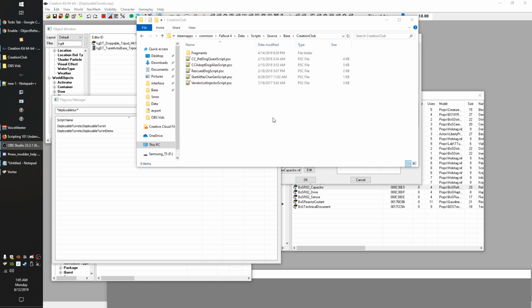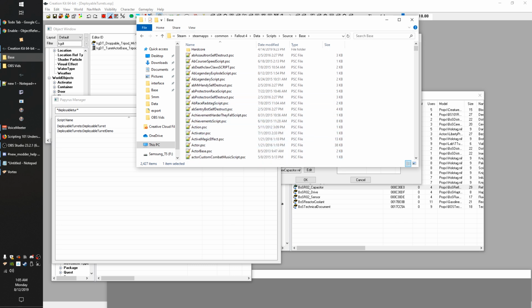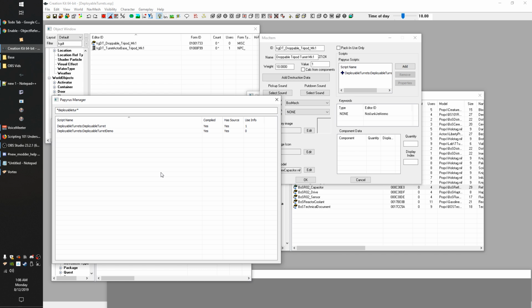So we'll cover that in another video, but I just wanted to clarify why I have Creation Club here, because some of you are going to go in here, extract all that, and you're not going to have that, and you're going to be confused. So that is why. Okay, so now you'll see in my Papyrus Manager, I have already written a couple of